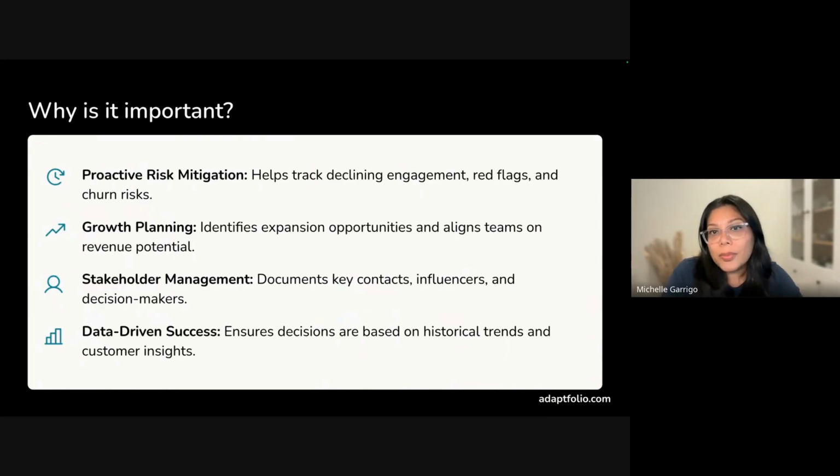Two, it helps with your growth planning. Some of you may be responsible for expansion. So, an account plan isn't just about retention. You may also incorporate those expansion strategies. A dynamic plan helps identify those cross sell and upsell opportunities, aligning the different teams as well on the